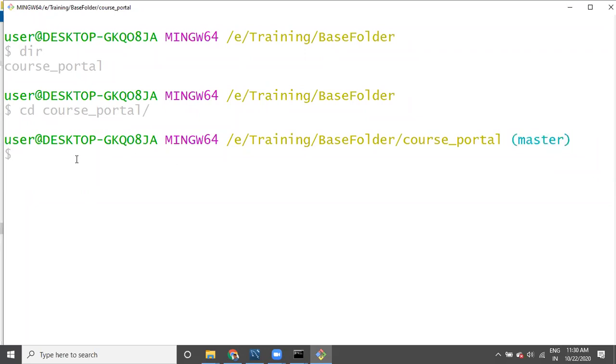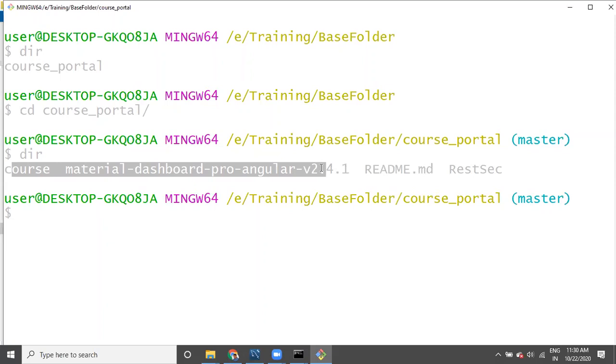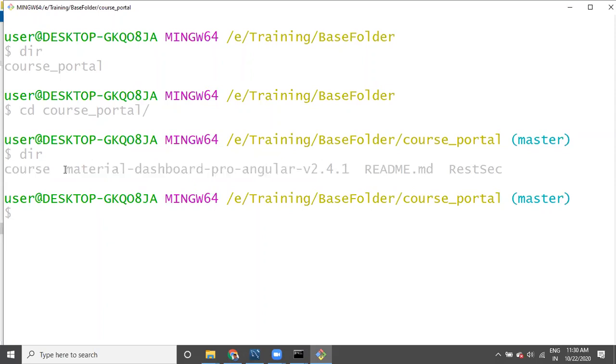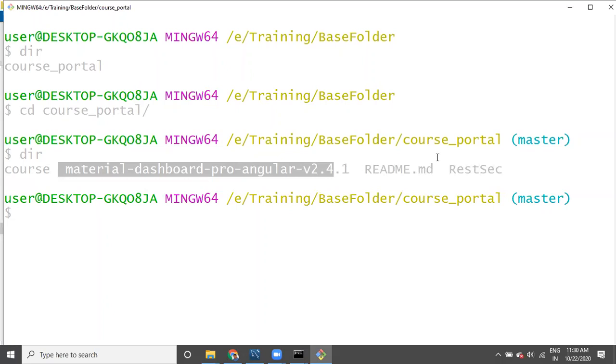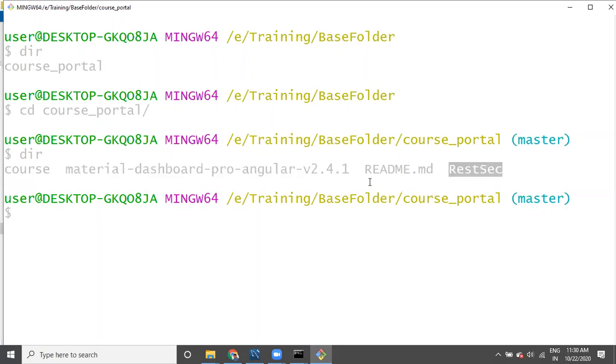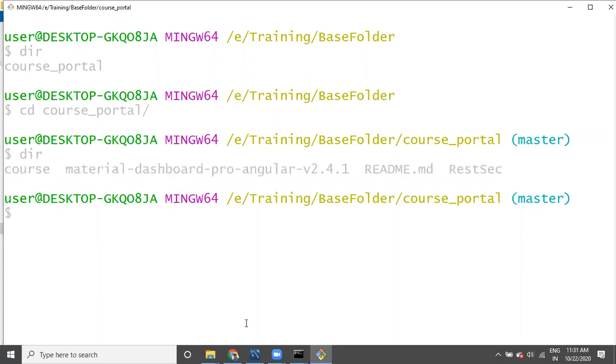Let it be. Now once we have entered here, see, these are the different things available: codes, material, this project, and then the rest security folders. These are actually three different projects. To open the codes project and the rest security project, I'm going to use Eclipse.